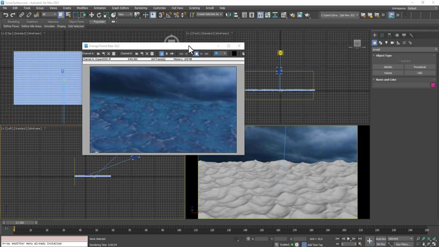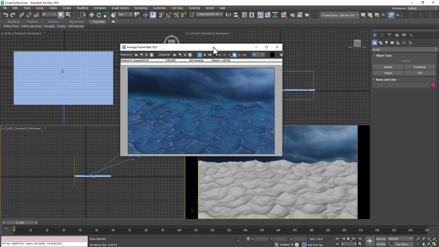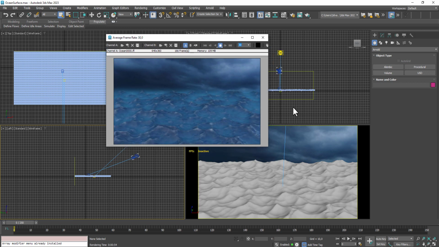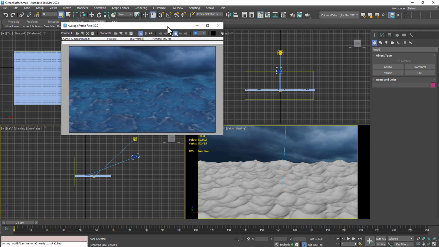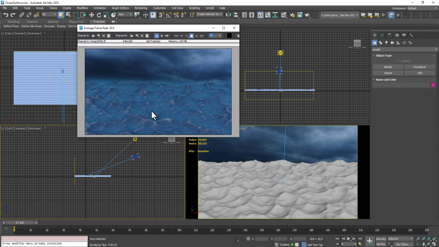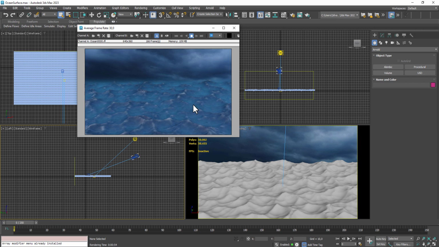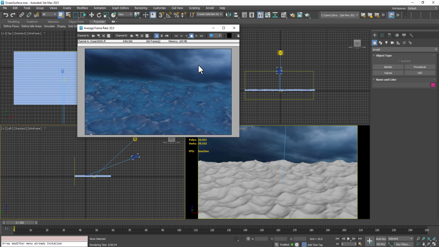Hi everyone. In this project we will be modeling an animated dark ocean surface. As you see, our dark ocean surface is animated. Here you can watch. We have camera animation, and we have the form of waves, and we have a dark cloud background